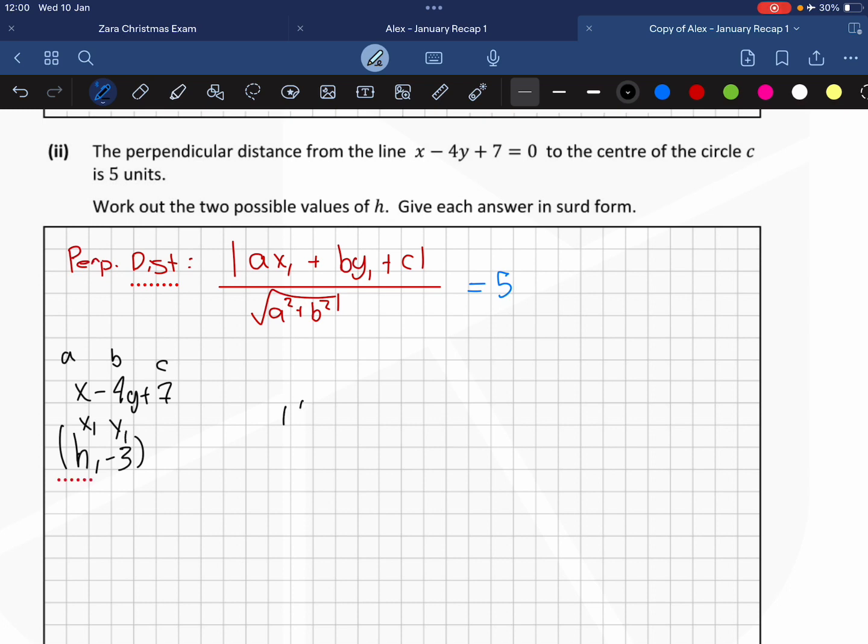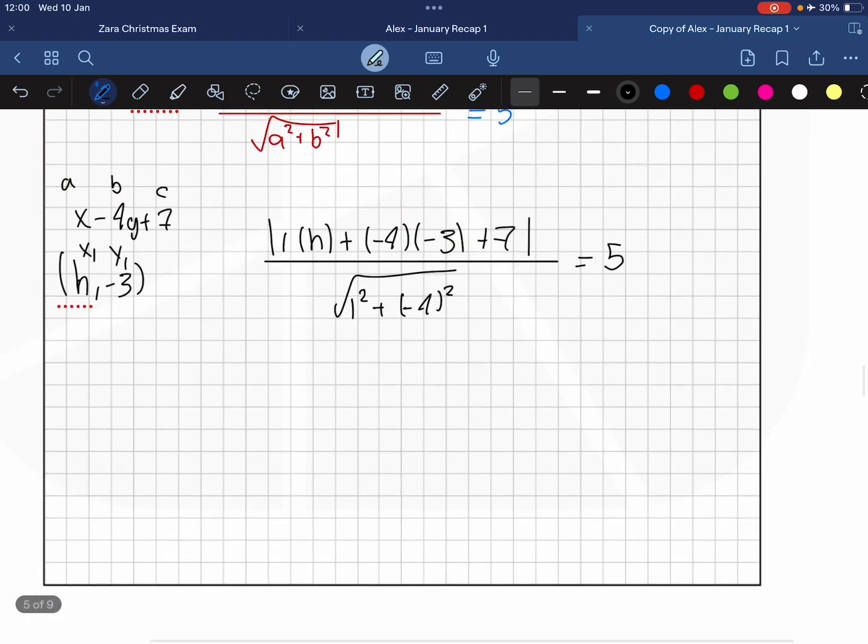We're going to have 1 times h plus minus 4 times minus 3 plus 7, absolute value, and that's all over the square root of a squared plus b squared. So it's 1 squared plus minus 4 squared, find the square root of that, and again equal to 5. If we simplify this, on the top we're just going to end up with h plus 19, still absolute values, over the square root of